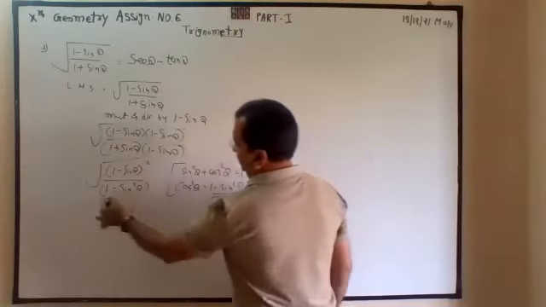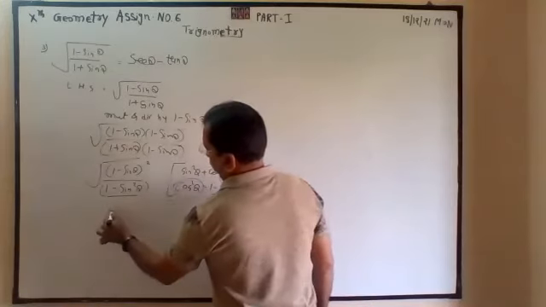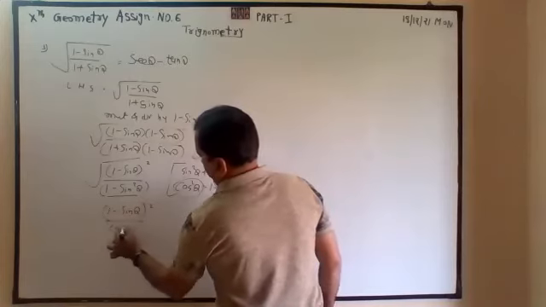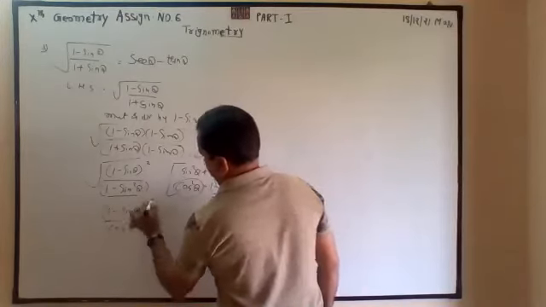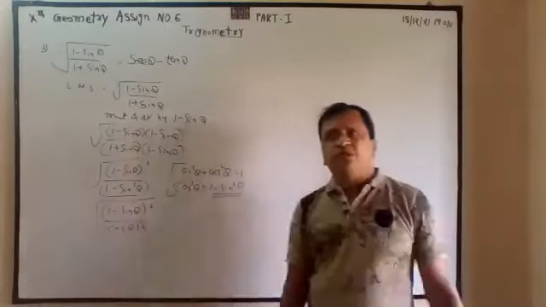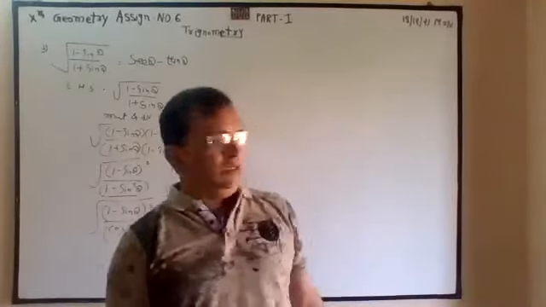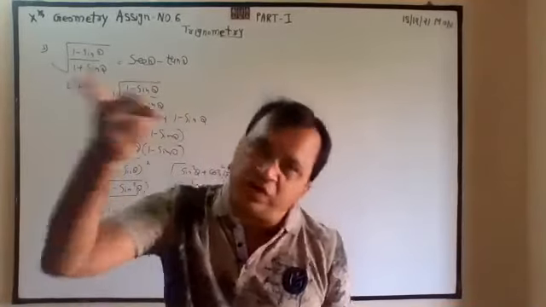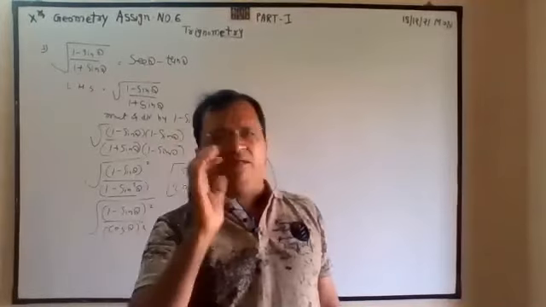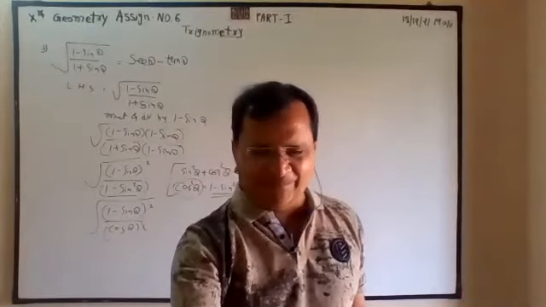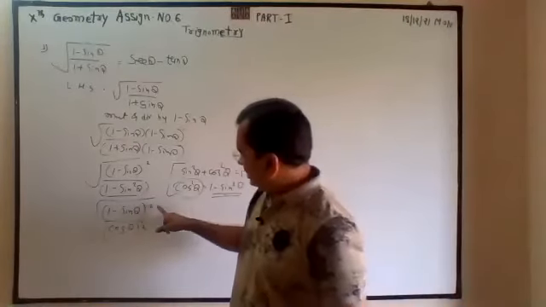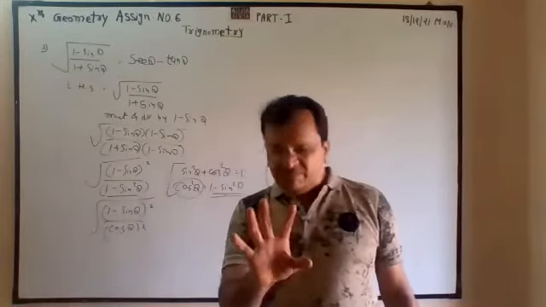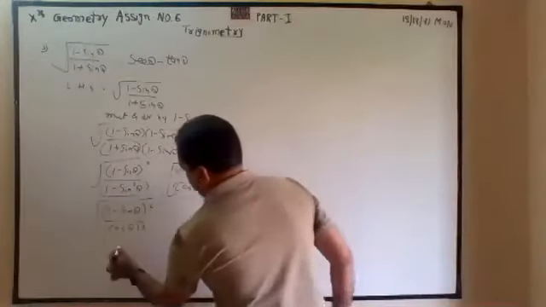is equal to what? Cos square theta. So 1 minus sine theta square over cos theta. Square of square root or square root of square, listen to my word very carefully. Square of square root or square root of square will be the same answer without any power. So I will write 1 minus sine